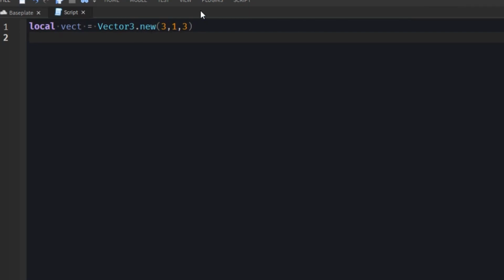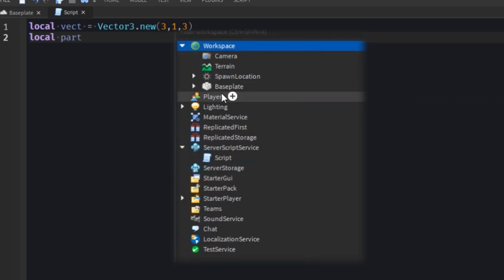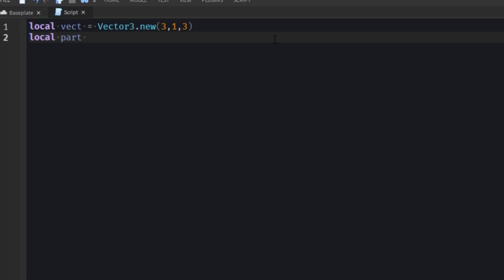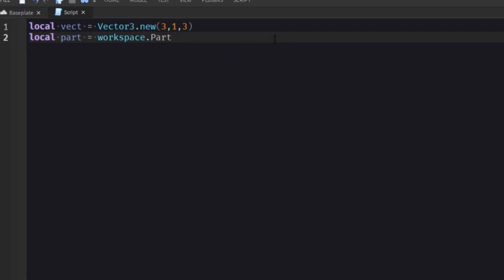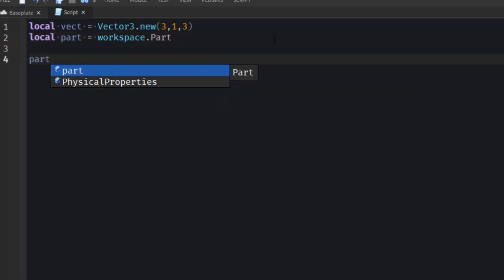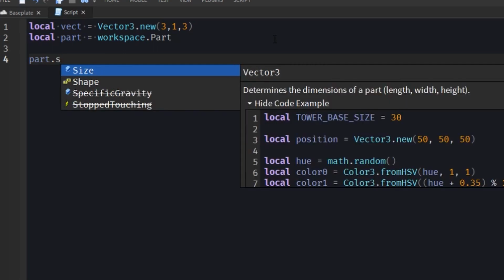Now what we can do is make a reference to a part. Here, I'll add a part to workspace real quick, and I'll make the reference to the part. I'm a little scatterbrained right now, it's fine. So we'll take our part and we'll set its size to the Vector3,